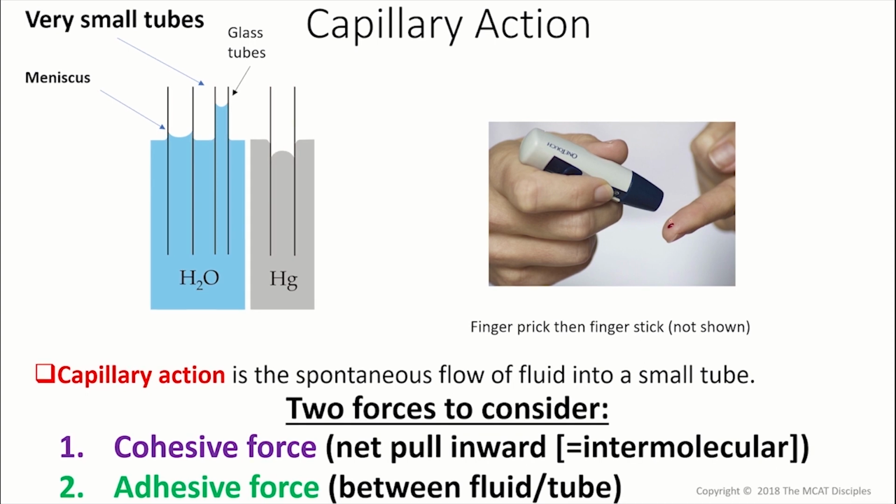Capillary action has its relevance to medicine in that we usually use very, very small glass tubes to collect small blood samples from people. For example, people who are diabetic have to have their blood glucose tested. How they do that is they give themselves a little finger prick, and they take a little glass tube, usually housed in a little machine, and that pulls the blood up just by capillary action. Then you can test the blood for glucose. The other thing to emphasize is that capillary action only works in very small tubes.